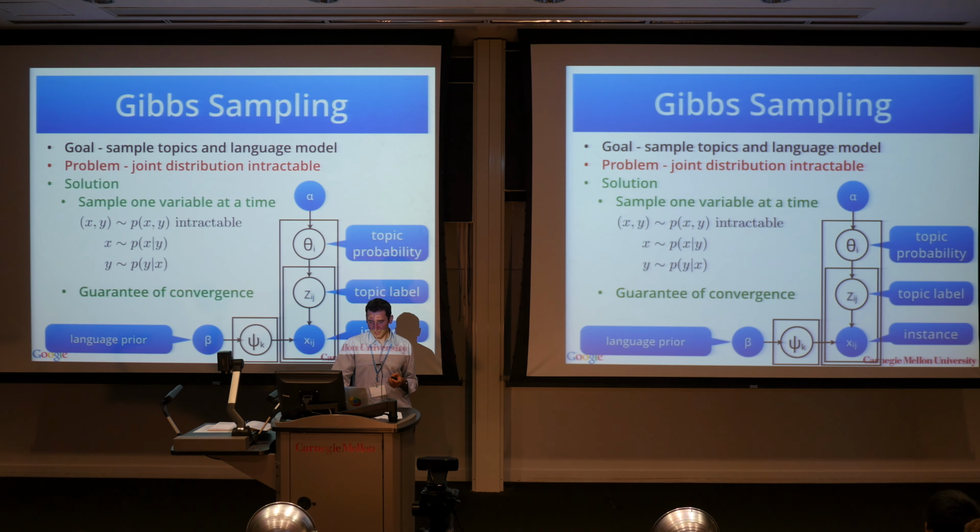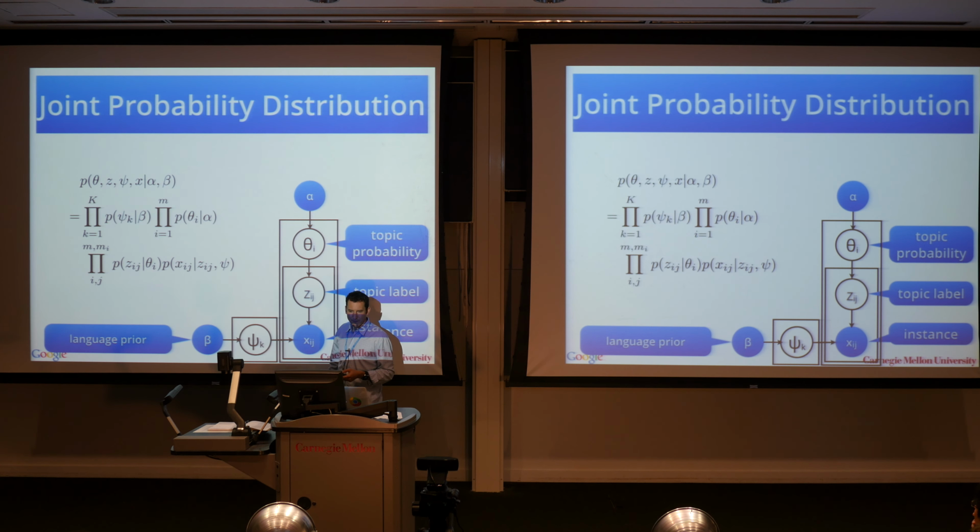Now, Gibbs sampling, this is exactly what we talked about before. And in this case, you go and draw from one variable given the other. And okay, we already saw that in a lot more detail before. But basically, what we have here is the topic probability, the topic label for a particular word. Here's the word. Here's the language model. Here's the language prior. And if you were to sample accordingly, basically you'd sample maybe the topic assignments here, and then you sample the topic distributions and the language model, basically the word distributions. If you were to alternate this,